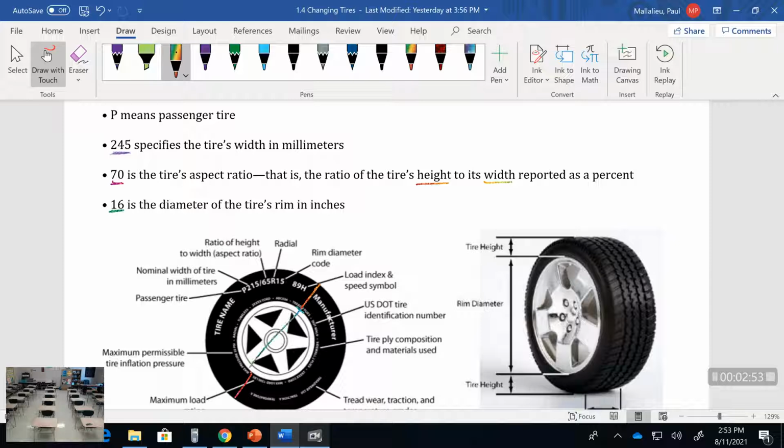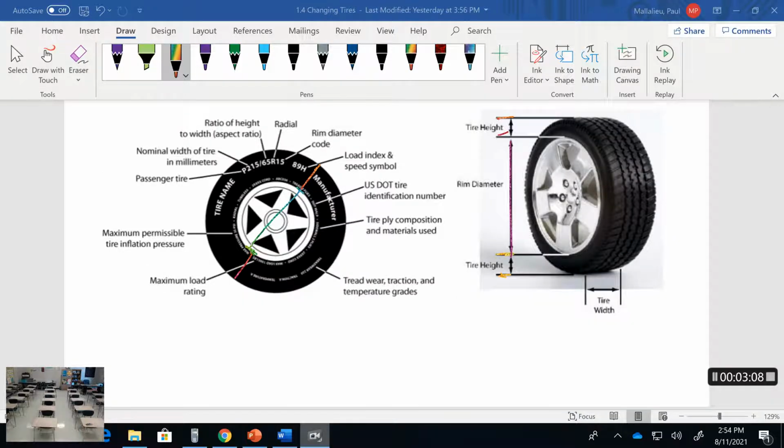So we're going to have to combine these, and as you see in the image to the right, it has the tire height and then the rim height, and that's going to give us our total diameter. If you need to pause and look at that for a second, that is important information because that's how we're going to find everything. All right, so looking at our chart,